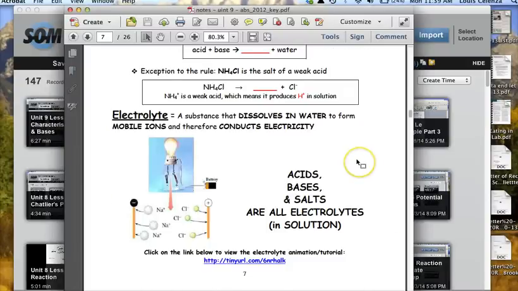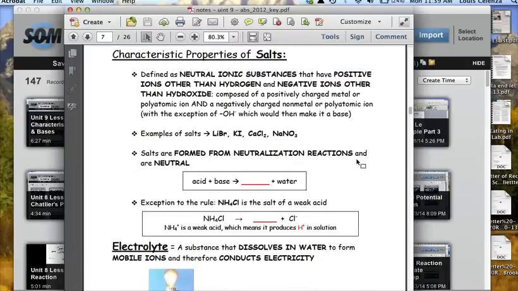Okay, so here we are with Unit 9, Lesson number 3, and we're going to look at the third part of the title for this unit, which is salts. Now, we've already talked about salts a few times. Salts are ionic substances,